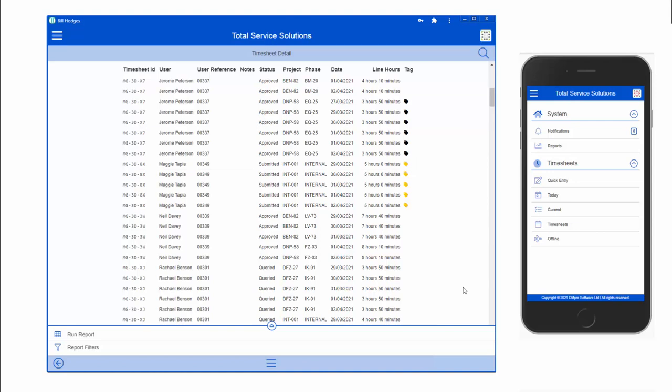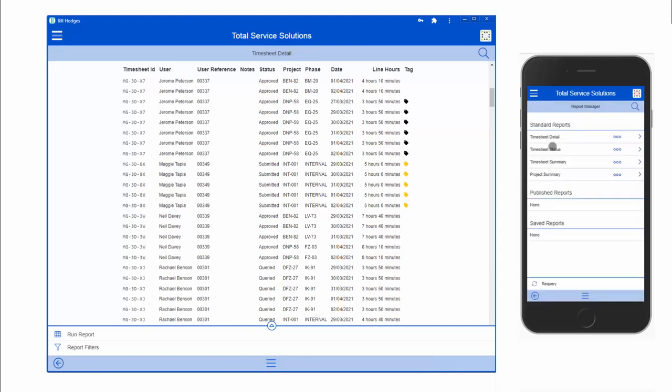At this point, I'll switch to the smartphone view. I'm signed in as user Maggie, who is not a report manager. I'll show you the same report design view. These are Maggie's reports. She can only see timesheet reports. We'll bring up timesheet detail